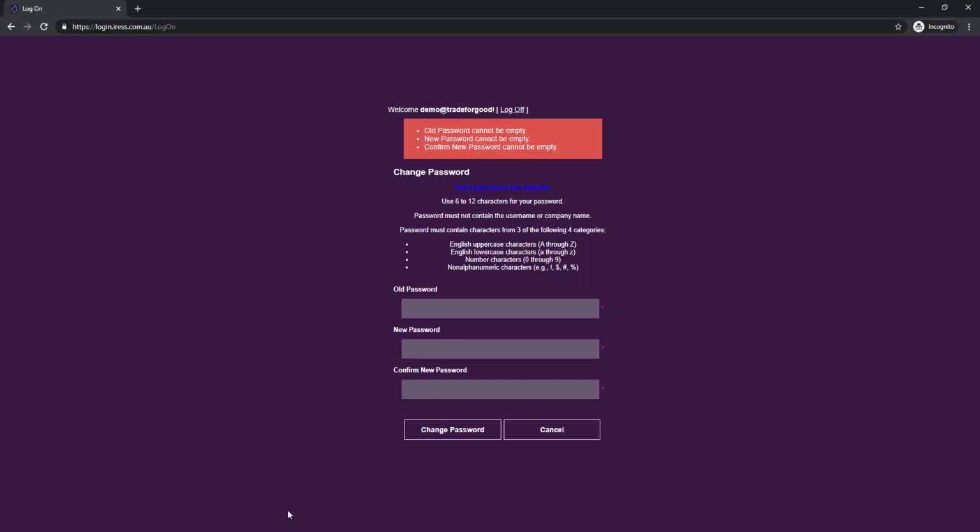and it takes us to the purple IRESS page. And don't be worried, everyone's going to get this the very first time. So what we need to do is pop in our temporary password, and then we're just going to follow a couple of rules and make sure it's familiar to you. I advise you to write this one down. So it's going to have an uppercase, a lowercase, a number, and a non-alphanumeric character, like an exclamation, $, hashtag, etc. So I'll just do